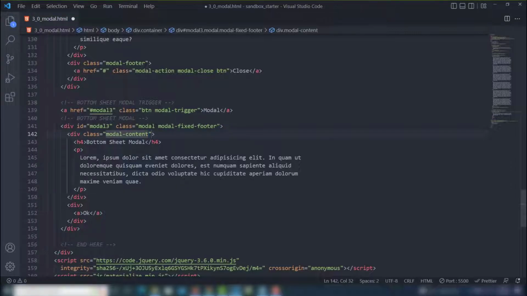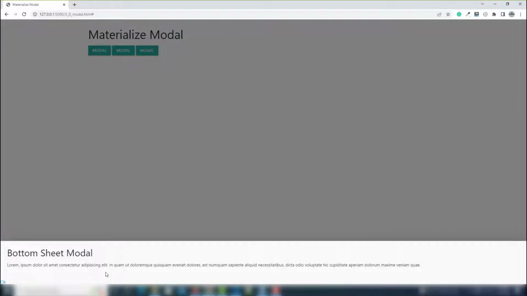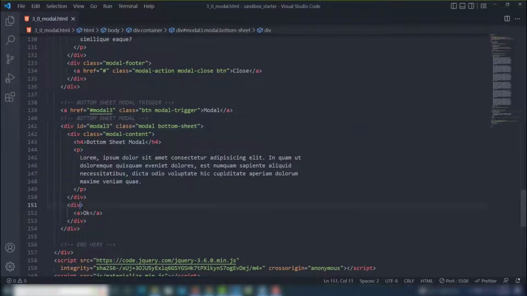So I will use modal, this will be bottom sheet, right? And the modal content, first time, then let's see this time, as you can see, right? So the modal has appeared on top of this. So we're going to use some classes, modal-action,